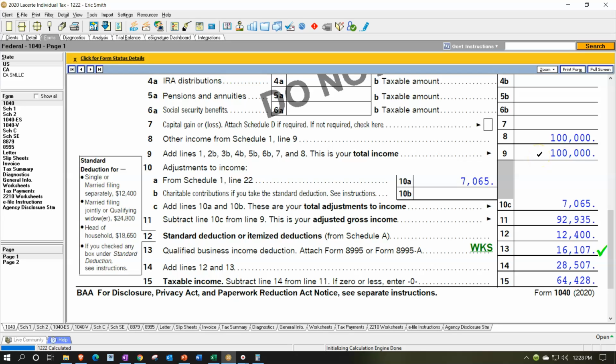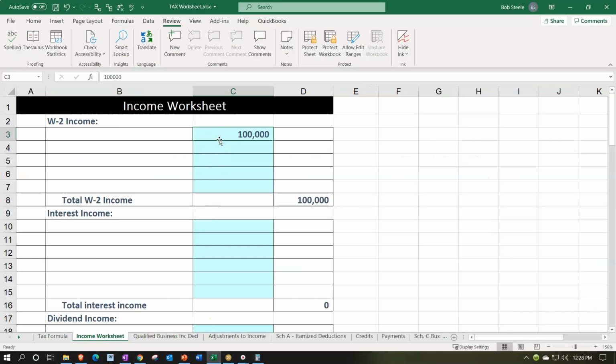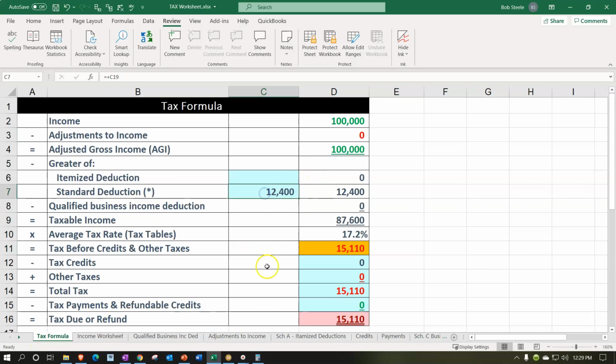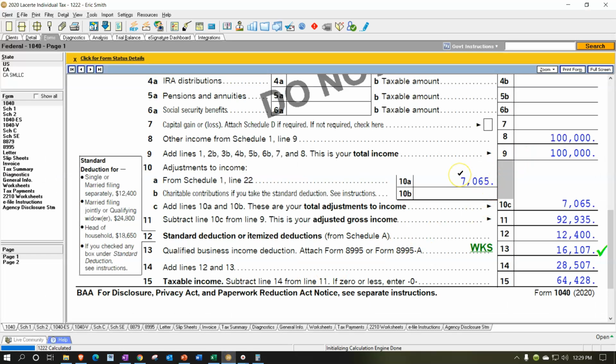So if I was to kind of mirror this in our Excel worksheet now, I'd say, okay, the 100,000 in Excel is not coming from a W-2, but it's now coming from a Schedule C. So we're going to say the Schedule C is 100,000 that we have there. If I go back over here, we're going to say, okay, and then that's the 100,000. We still have this standard deduction here. So if we go 100,000, we still have the standard deduction, but then we have the 1/2 of the self-employment tax. And if you think about the self-employment tax, you can say, all right, the tax calculation on page 2